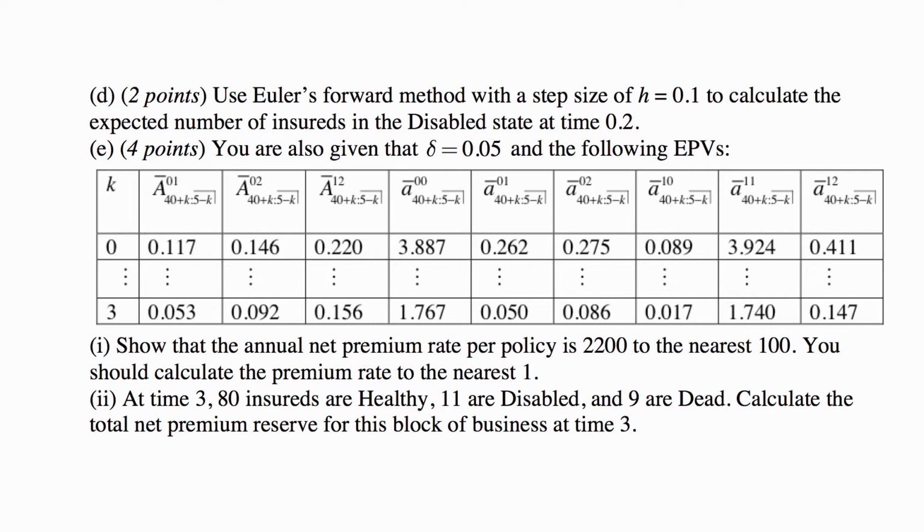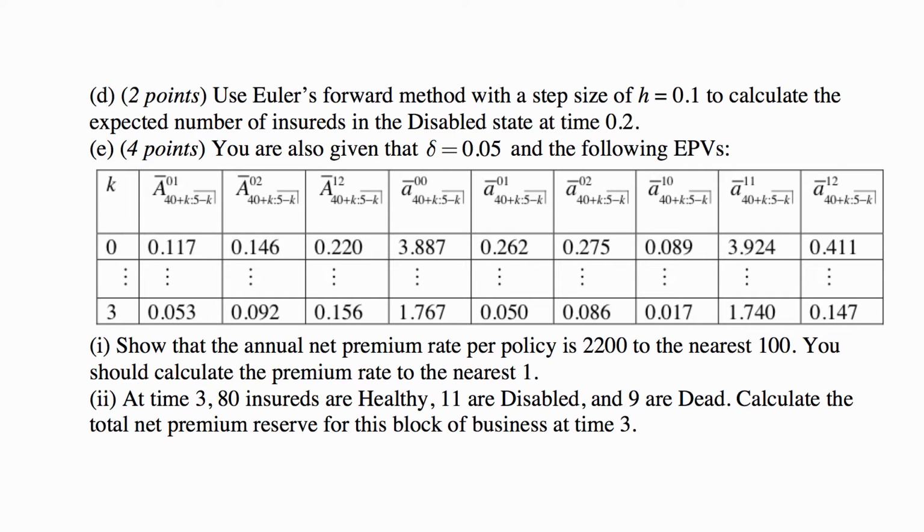But the first one was not. It was like a one-time disability payment at the moment the person becomes disabled. And then the third one is for a person who is disabled now, a payment at the moment of death. All three were unit payments, so unit life insurance like products.